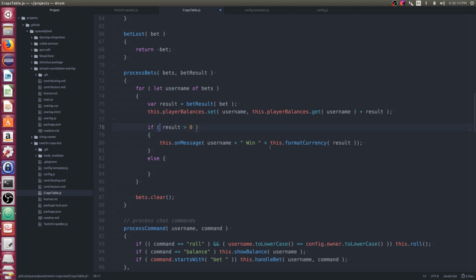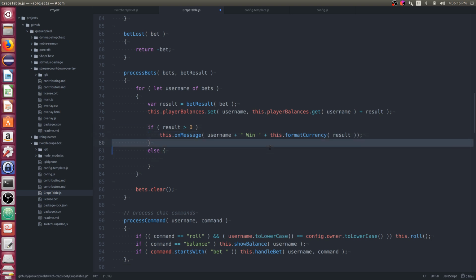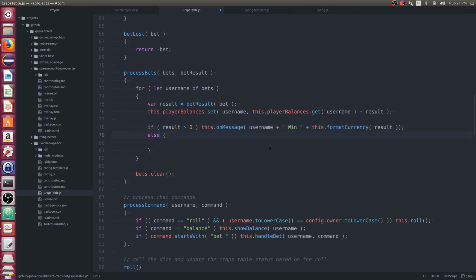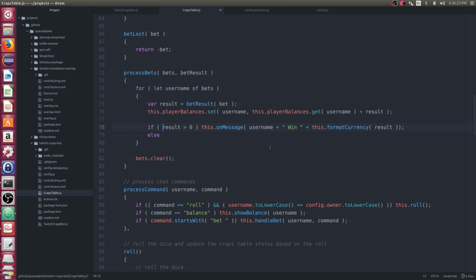And this is actually pretty small, so let's get rid of this compound statement. We'll say this dot on message username lost, and then we want to format a negative result here.